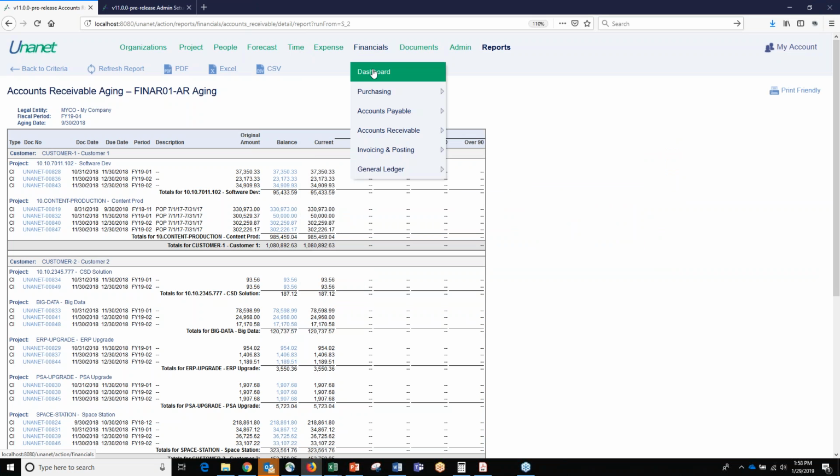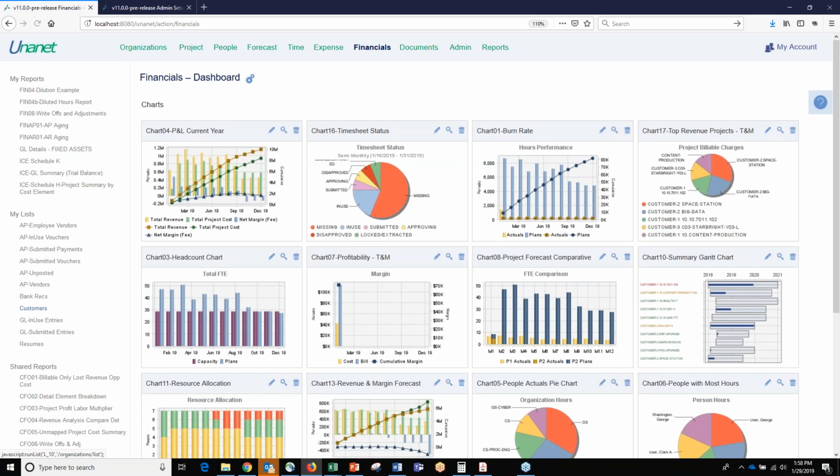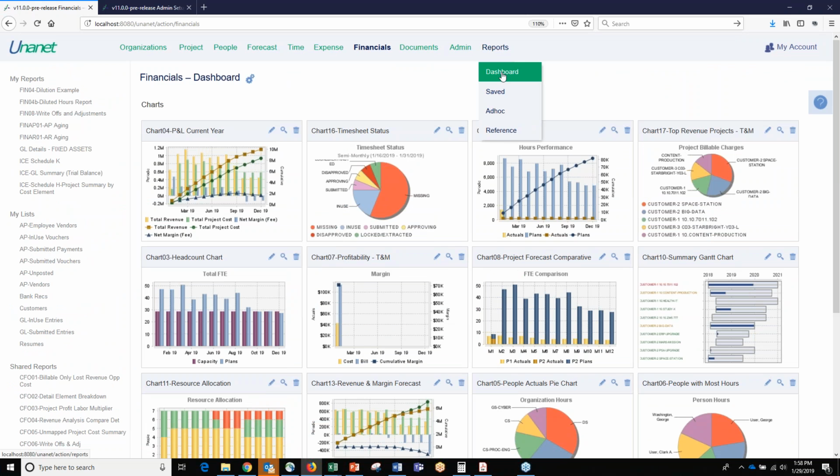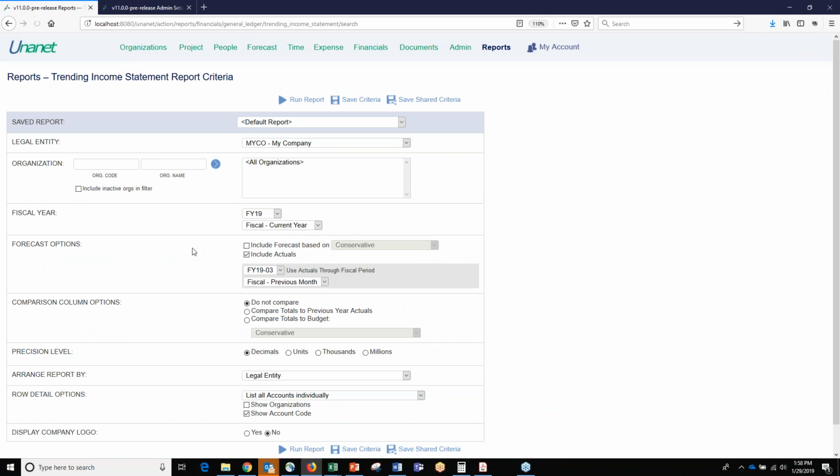One more would be the trending income statement. So you'll notice here we can include actuals, but we can also include the forecast based on either a quarterly reforecast, or you can come up with an optimistic budget versus a standard budget, that kind of thing.